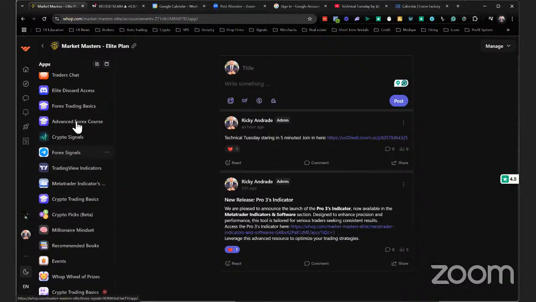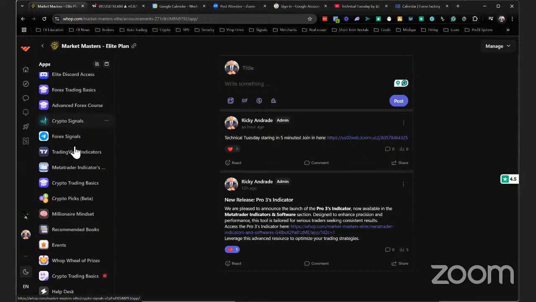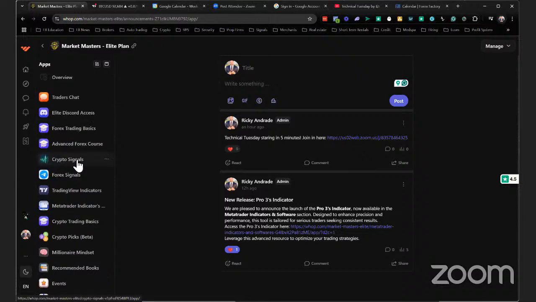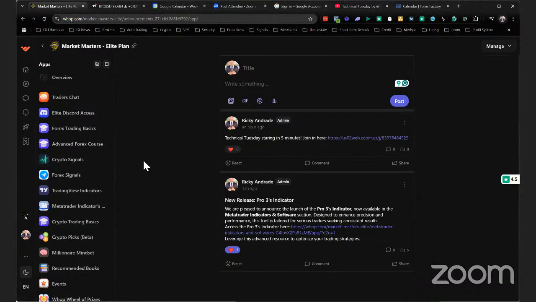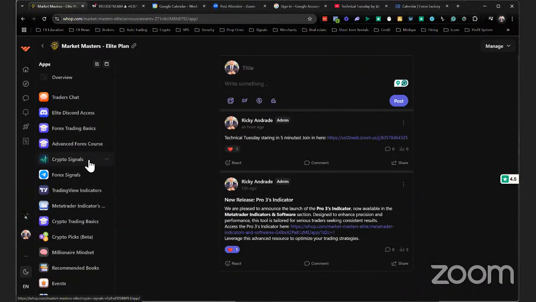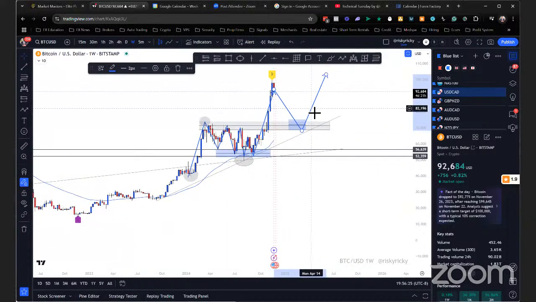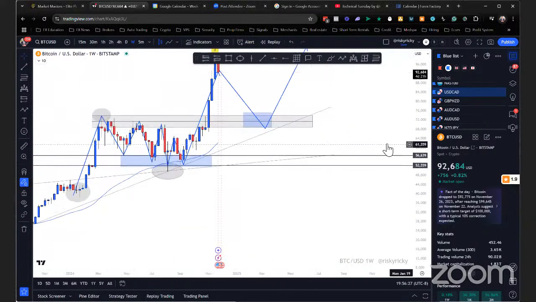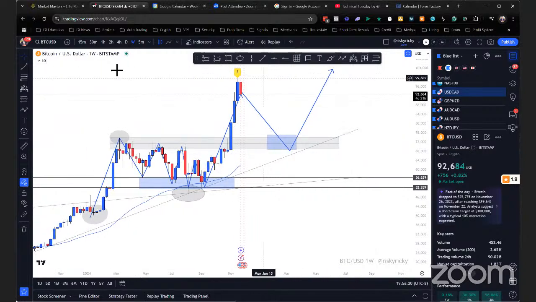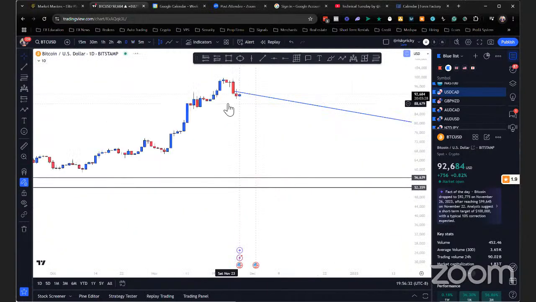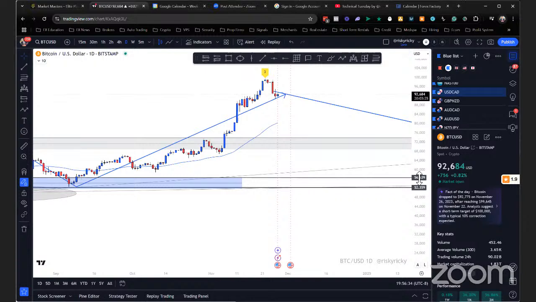Getting into crypto is something that I'm adding on. It's going to help people find opportunities in crypto as well. Since I'm trading it actively, other people can also benefit from that. So that's that. Hope this quick little analysis helps. Bitcoin is more of a buy and hold thing.